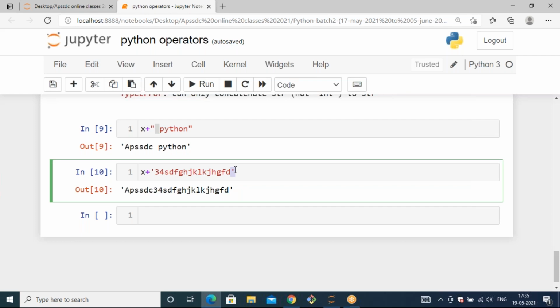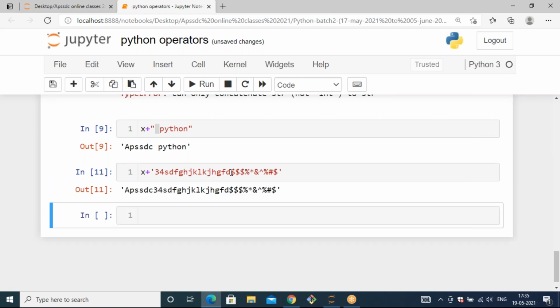You can take any kind of manual text. Yes, you can pass special characters also. That's what I told you: anything inside these quotes will simply be considered as a string. It depends on syntax, not on the content. See, it is also successfully added.